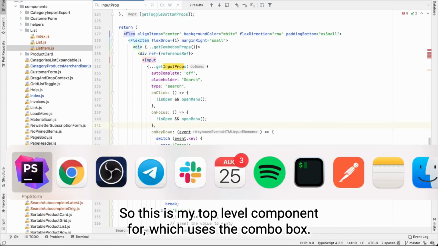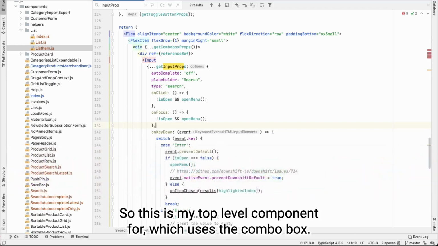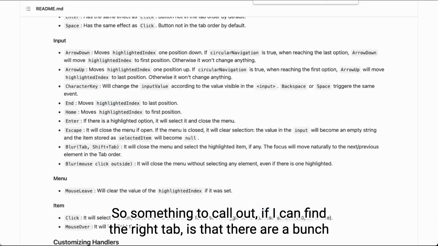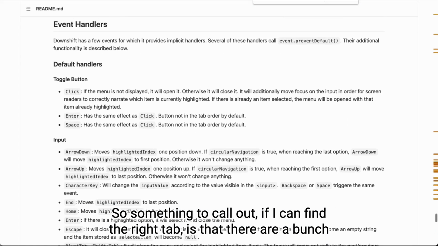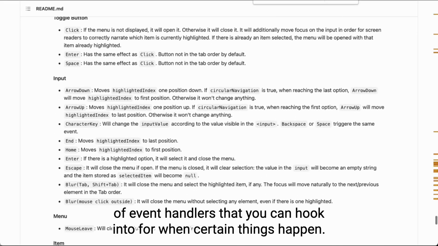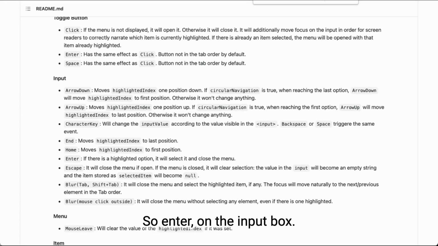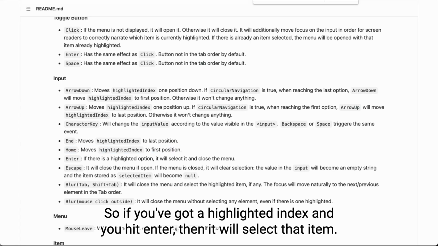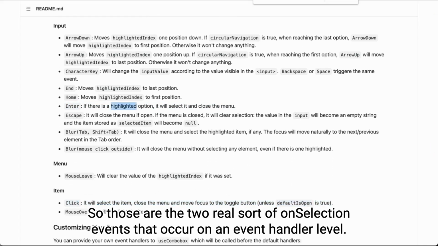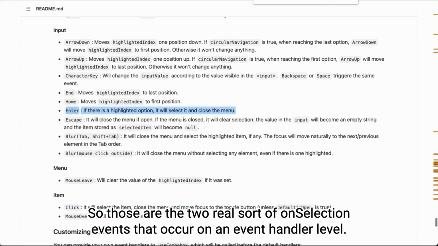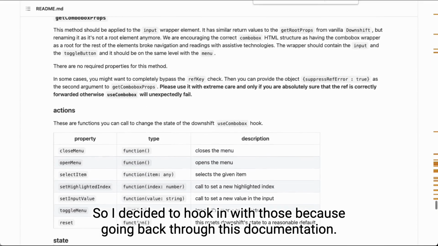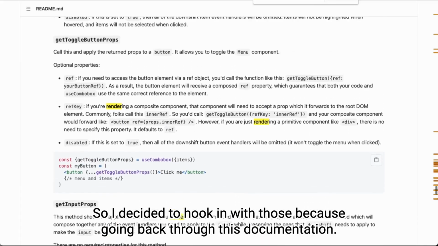Search autocomplete. This is my top level component, which uses the combo box. Something to call out, if I can find the right tab, is that there are a bunch of event handlers that you can hook into for when certain things happen. So enter on the input box: if you've got a highlighted index and you hit enter, then it will select that item, and then also click on an item. Those are the two real on selection events that occur at an event handler level. So I decided to hook in with those because